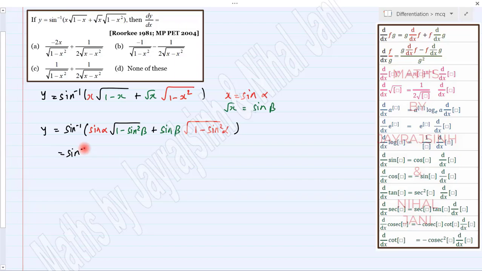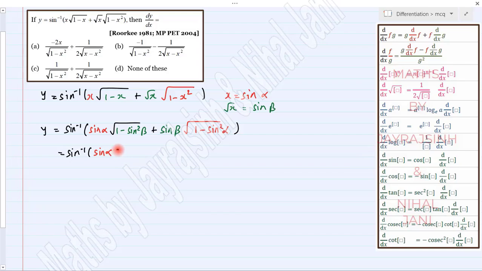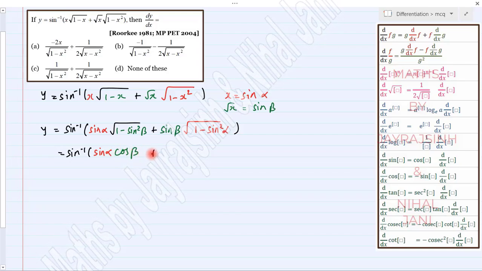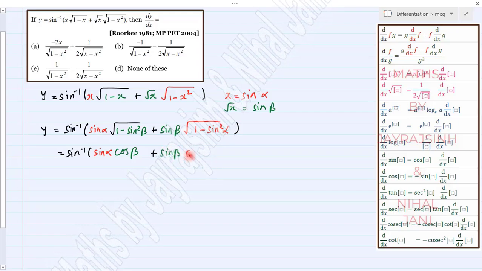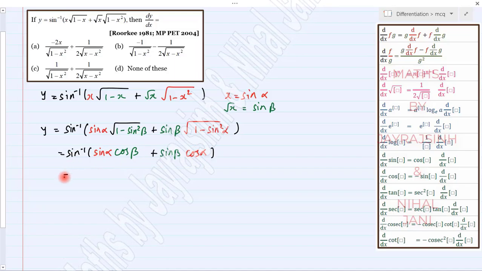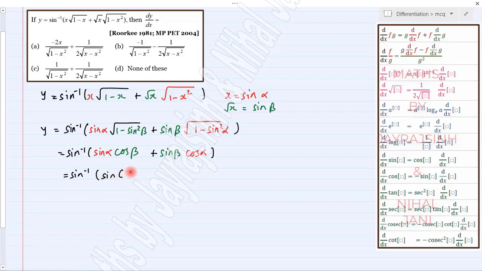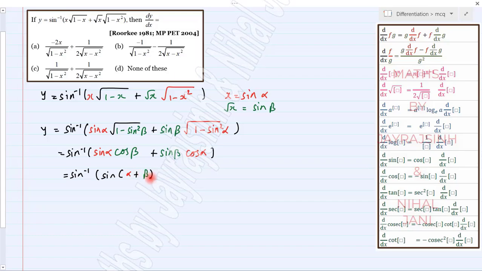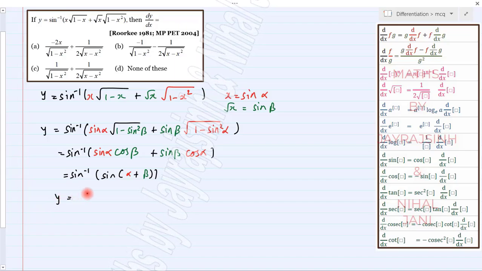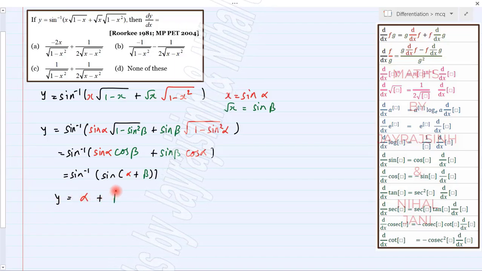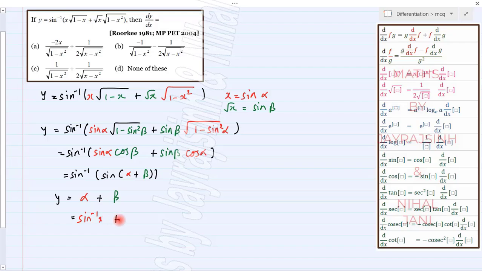So we can say sine alpha will be as it is, under root of 1 minus sine square beta is nothing but cos beta. In second term, your sine beta will be as it is, and under root of 1 minus sine square alpha is cos alpha. So within the bracket, we will get the formula of sine alpha plus beta. And we know that sine inverse and sine are inverse functions of each other. So we will get y is equal to alpha plus beta, which is nothing but sine inverse x